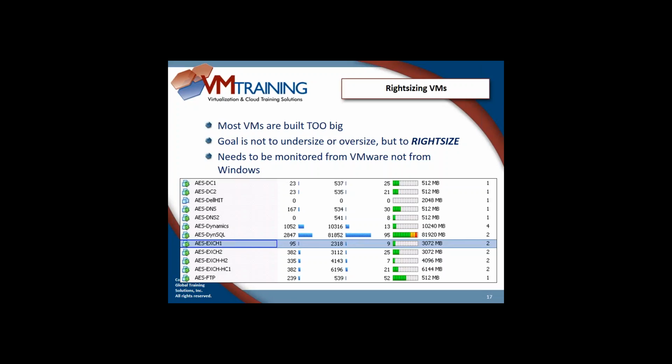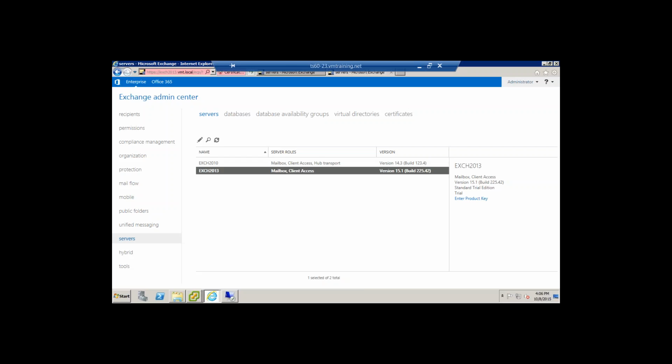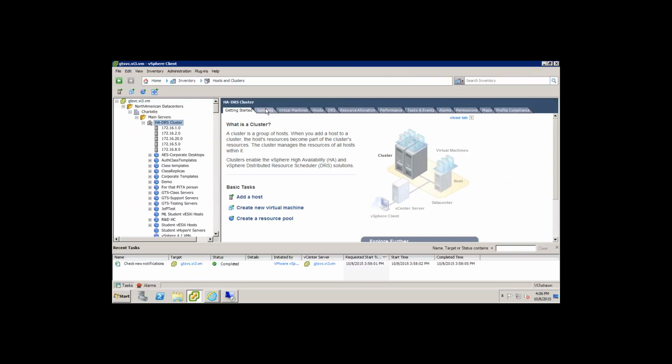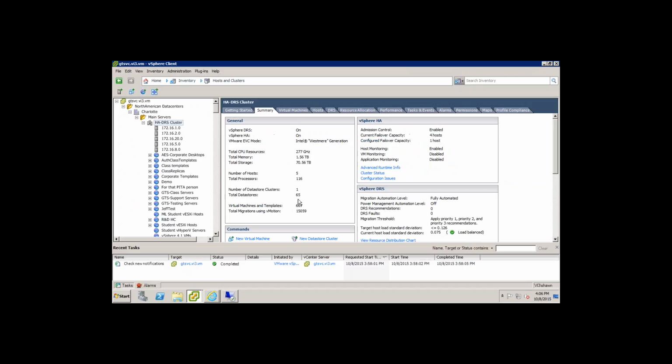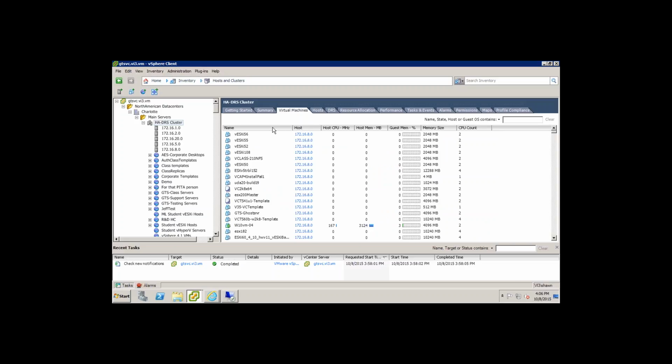Here's my answer. Whatever you choose, monitor it and make it bigger or smaller based upon what you're doing. But if we go over here and look at a real environment with the exact specs of what I'm talking about, here's my environment. We've got 667 virtual machines running over here on 5 hosts. And if we look at my virtual machines,